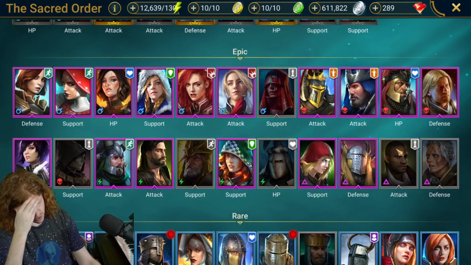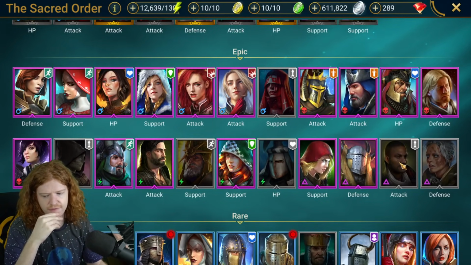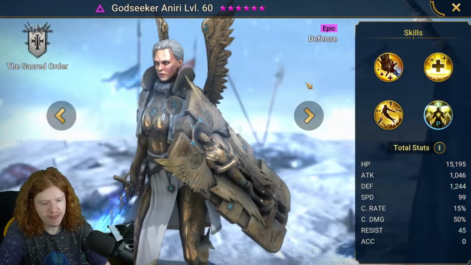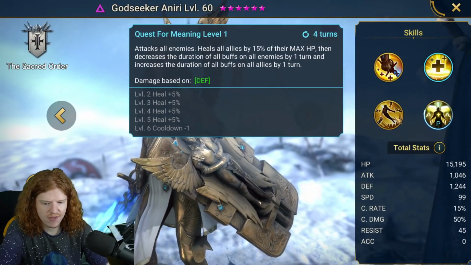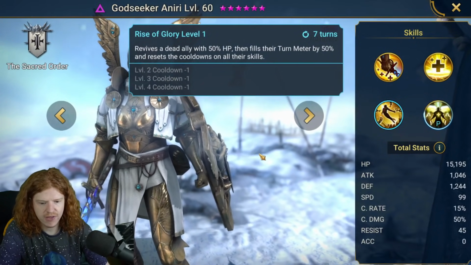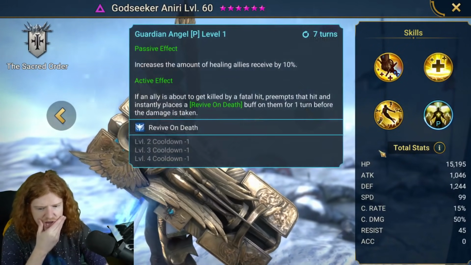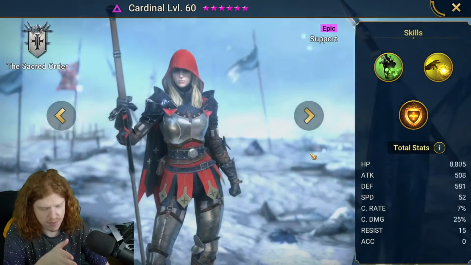Now, Sacred Order is really something that we could sit here and debate for a long time. There's Inquisitor and there's Godseeker. Okay, these are pretty ridiculous. I kind of want to say I want to go with Godseeker, but here's the thing. I'm actually going to go with somebody different. You can look at Godseeker if you want, because she might actually be better, but I'm going to go with